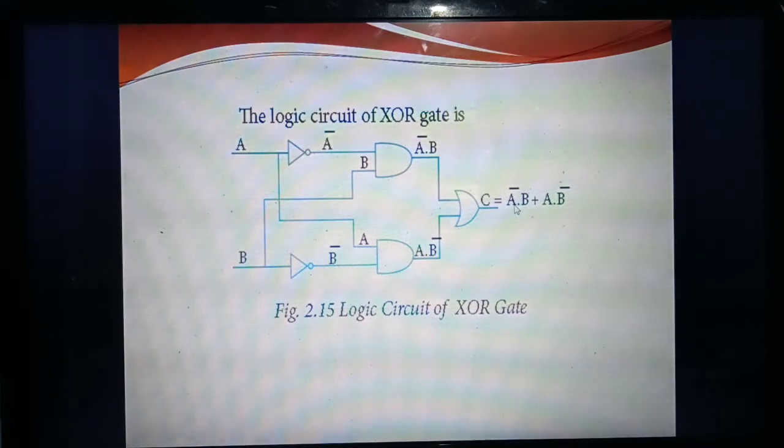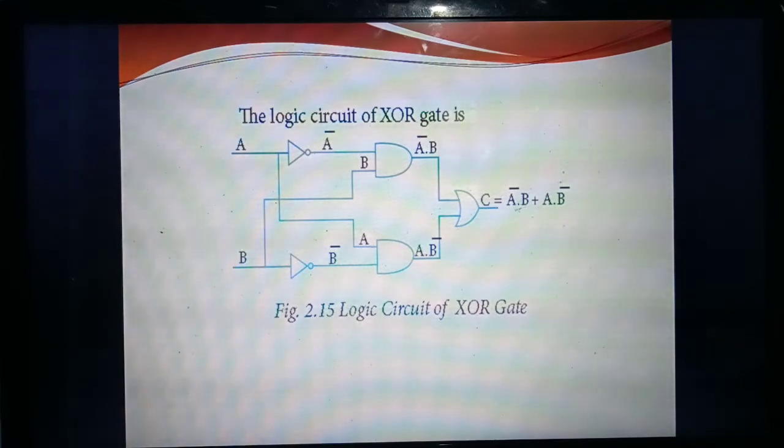So what's in the formula? What answer do you need to get? A bar dot B. Dot operator means which gate should you draw? Dot operator means AND gate. So A bar dot B. A bar is there, so which signal do you need? B. This line represents B bar, and the line before it represents B. Understand the difference? Only after inverting do you get the signal as B bar. Before inverting, the line is B only.